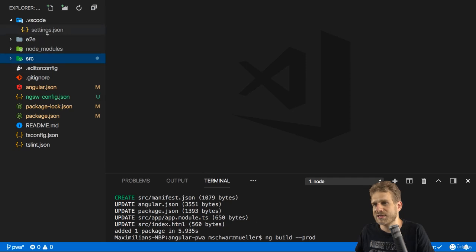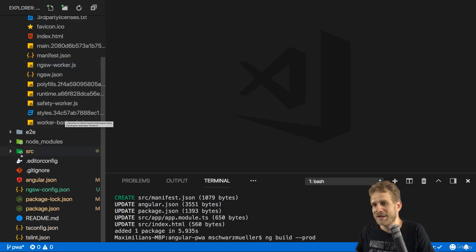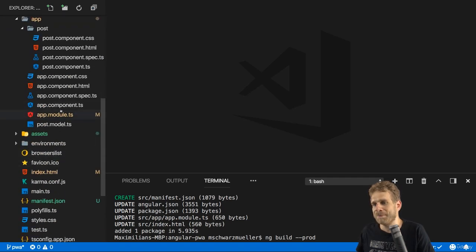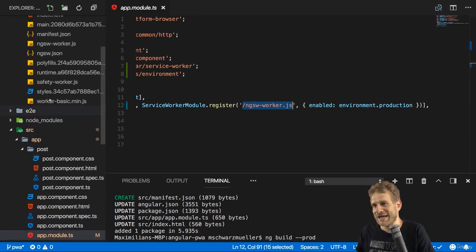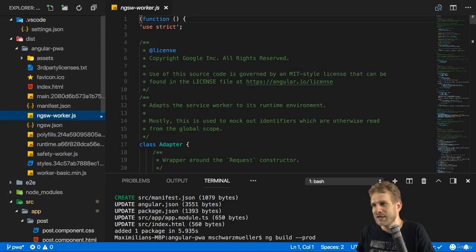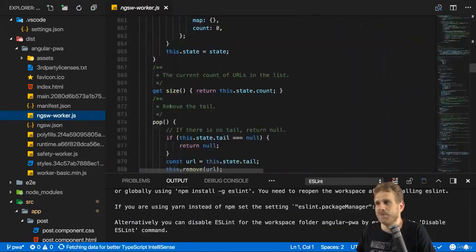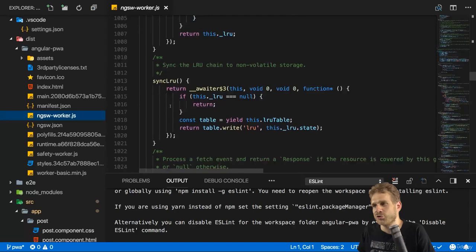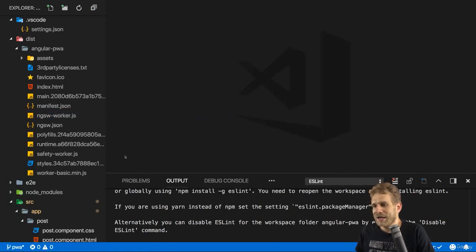If we close the source tab here, let's refresh. Here's the dist folder, the Angular PWA folder for the project. And there we see that ngsw-worker.js file. You remember, that is the file we are importing in the app module here. We're registering it here. So this can be found in the dist folder indeed. If we have a look at it, you see there's a lot of code in there because, well, it's actually pre-generated for you to do all that caching and so on in a very efficient way. And now let's simply